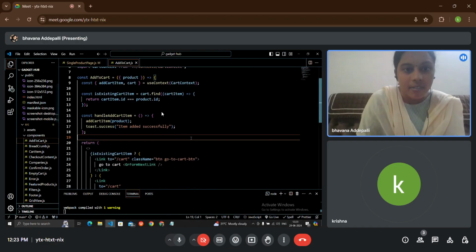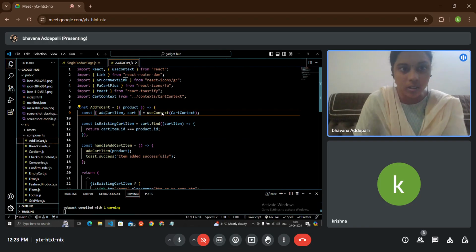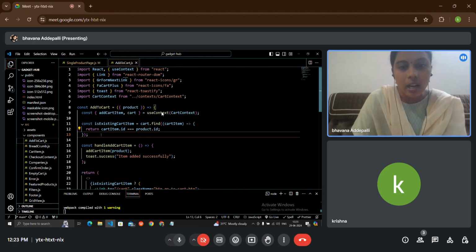And here, first I have fetched the addCartItem method. If the item is not added to the cart, I have to add the item to the cart. So that's why I have fetched the addCartItem method from the context. And also I have taken the cart array which consists of all cart items, and I have checked whether the cart already contains this cart item or not.